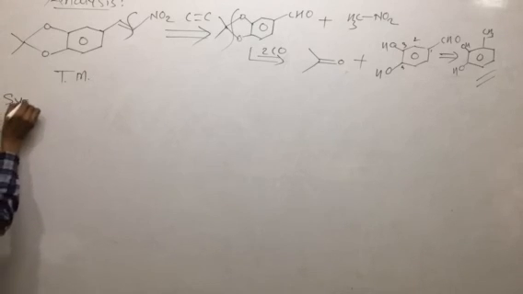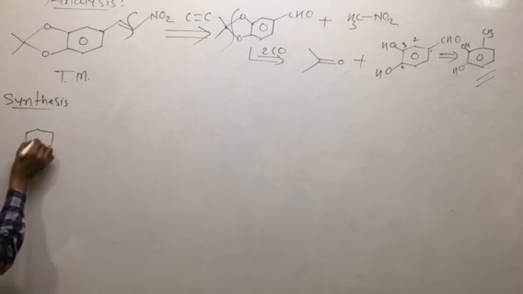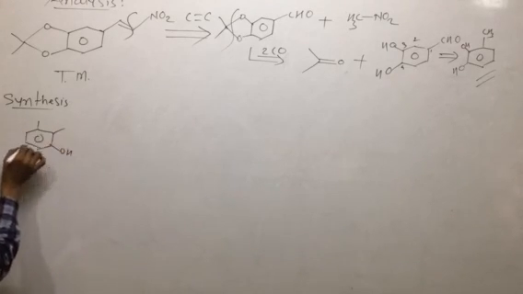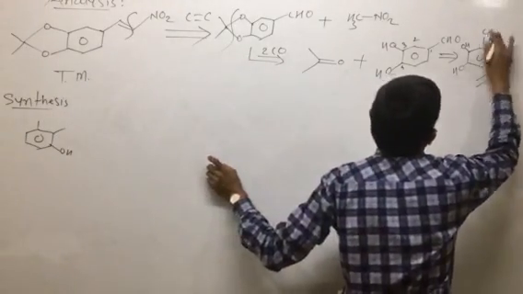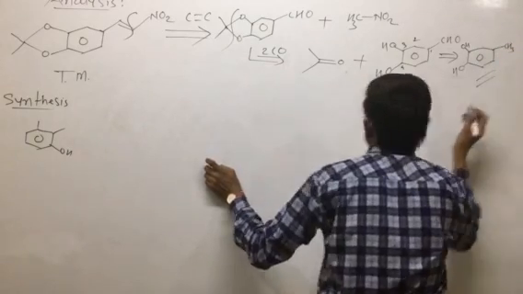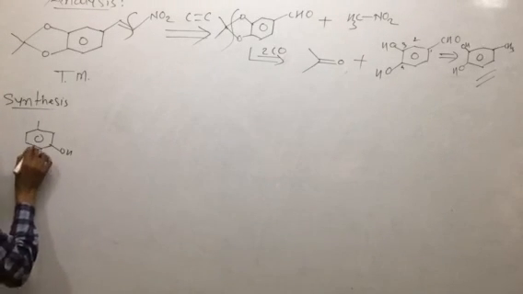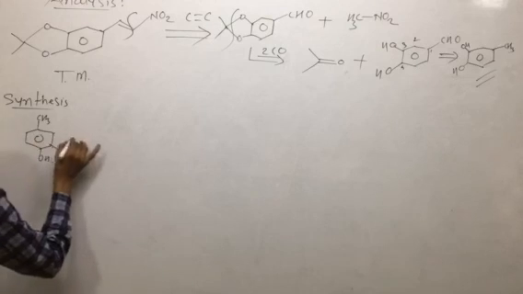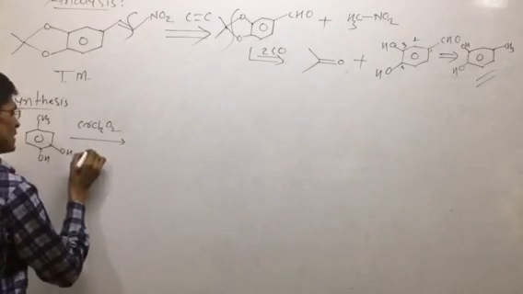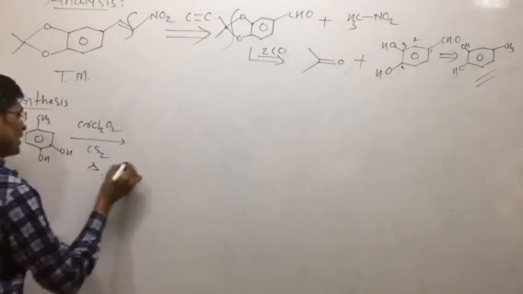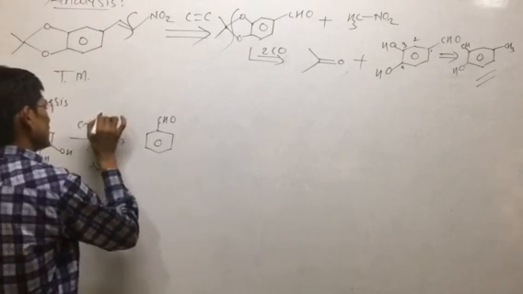So what is the plan of the synthesis? In the starting reactant molecule, here is the CH3 and here are the hydroxy groups. In the first step of synthesis, we use CrO2Cl2, chromyl chloride, in the presence of carbon disulfide. This CH3 is converted into CHO as part of the Étard reaction.